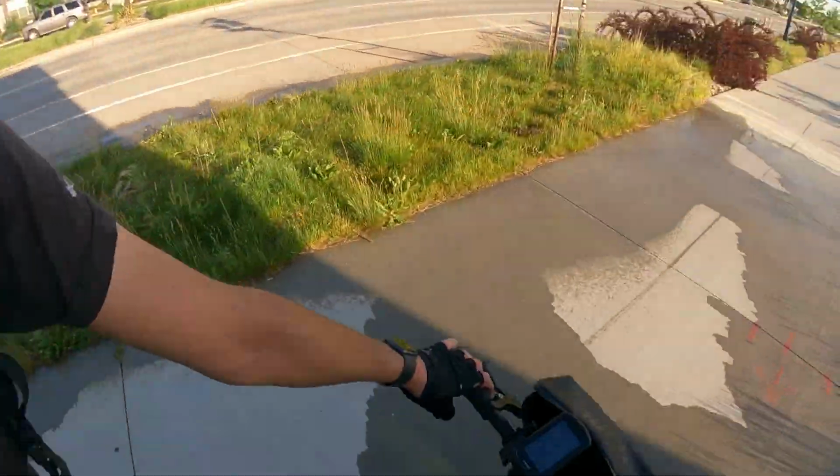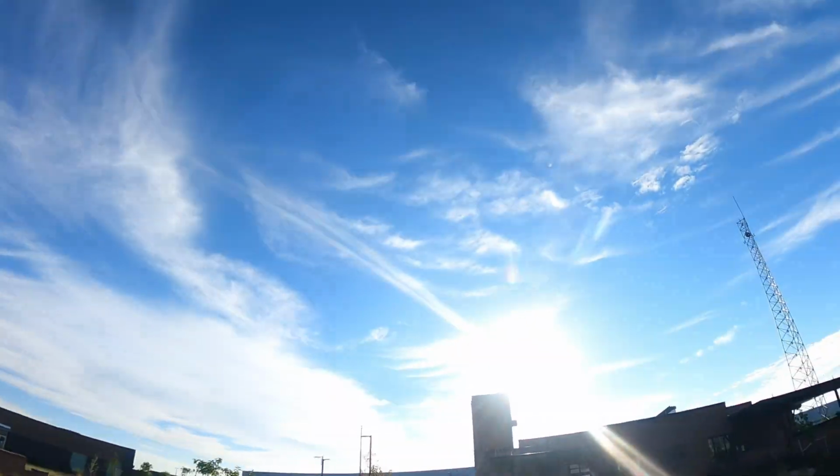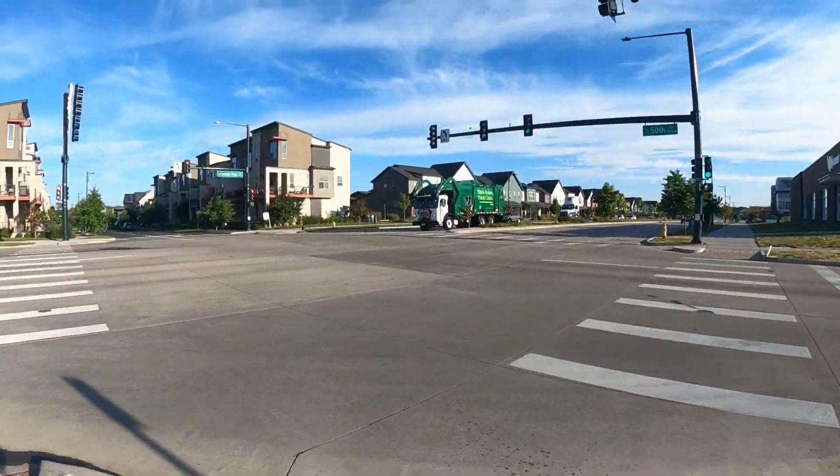And of course, this is another reason why I actually like riding this bike to work, because of how wet it is outside. Even a nice sunny day like this, the ground will be completely saturated. And the reason why the ground is completely saturated,